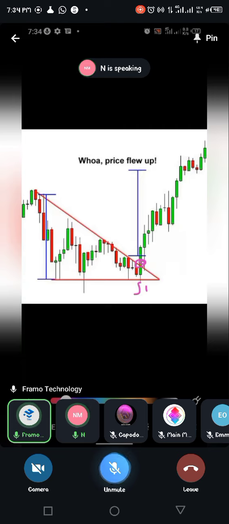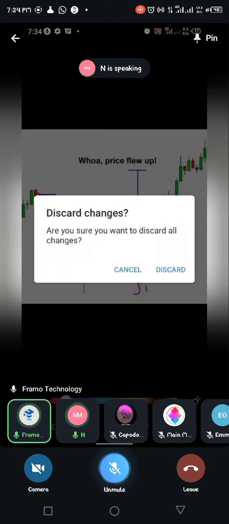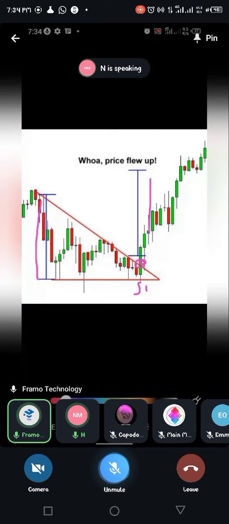Then you wait for it to go up. By then, you go and measure the wide gap as the arrow is showing. You measure, then you place it here. So this place will be your take profit 1. And in this scenario, this is a strong bullish